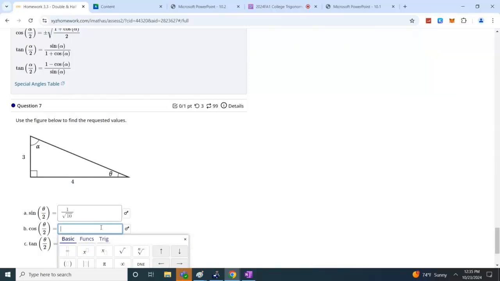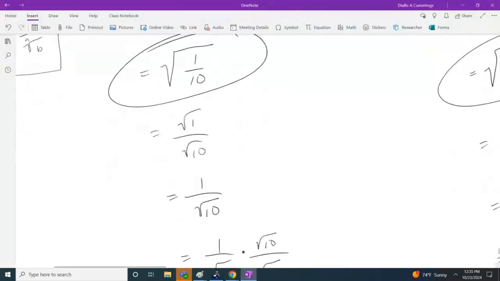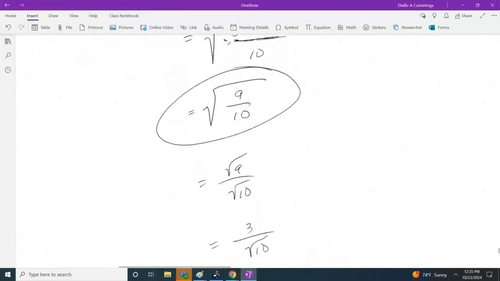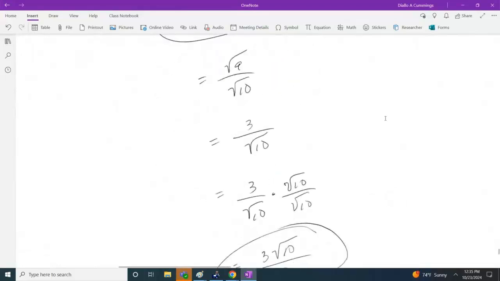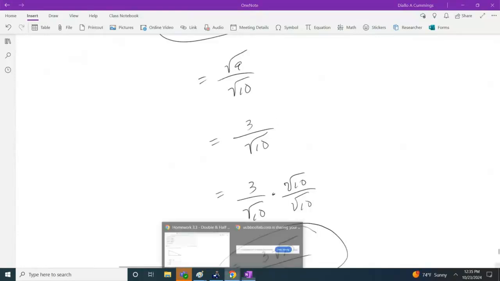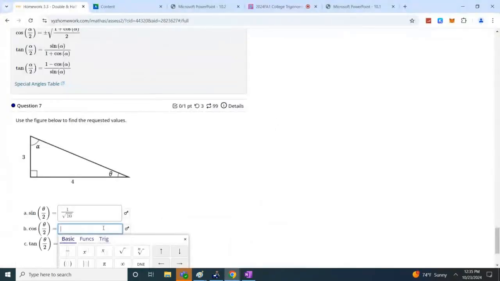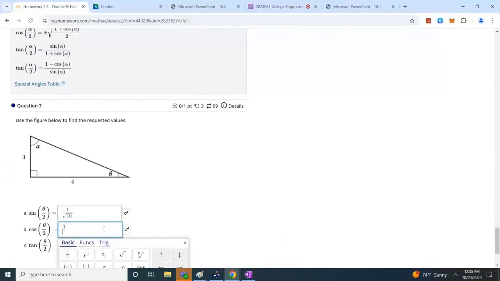And then the half angle for cosine was, I'm going to put in 3 over the square root of 10 just to see what it does. 3 divided by the square root of 10, and